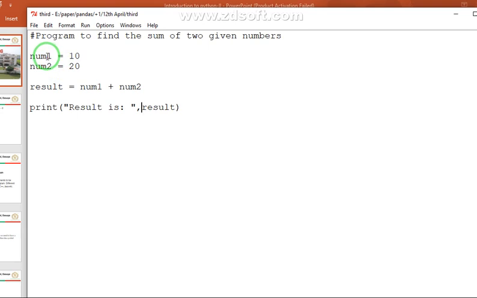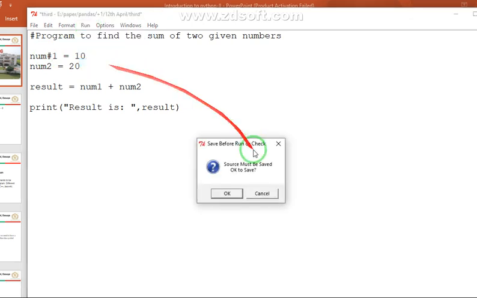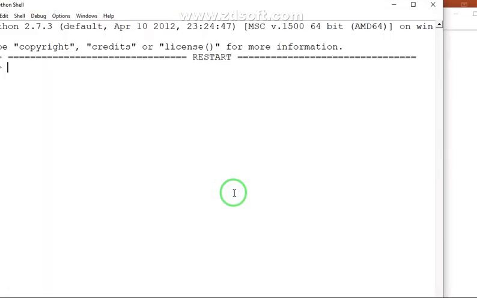Clear. And we cannot use any special character, let's say, for example, this hash symbol. Hash is a special character, so if we run this one, it violates the rules of identifier.